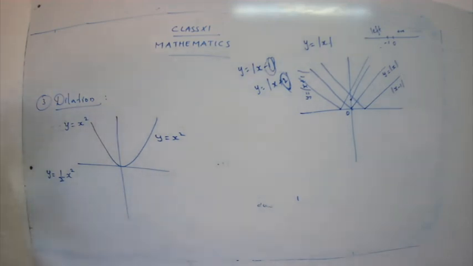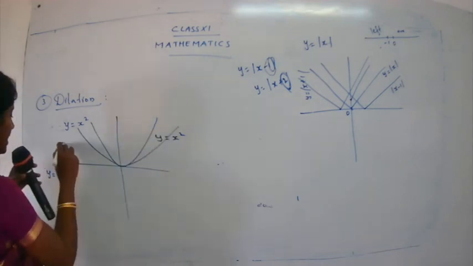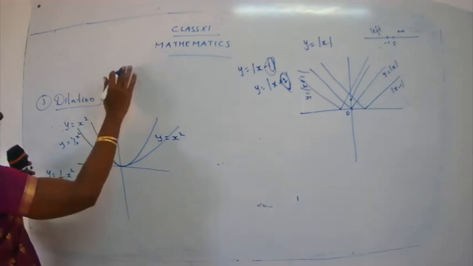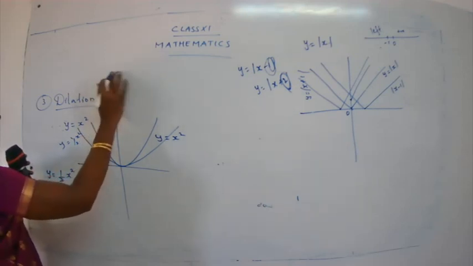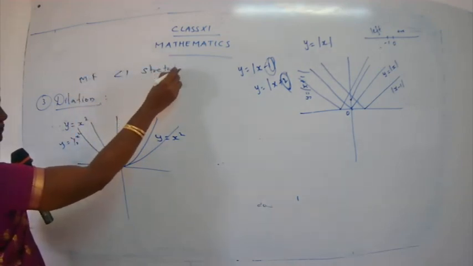They have given you the explanation below the figure. f of x is equal to half x square causes the graph of the function f of x is equal to x square to stretch towards the x-axis, since the multiplying factor is less than 1. Stretching means it is going to move out. So y is equal to half x square is stretched. Remember, when the multiplying factor is less than 1, it stretches.